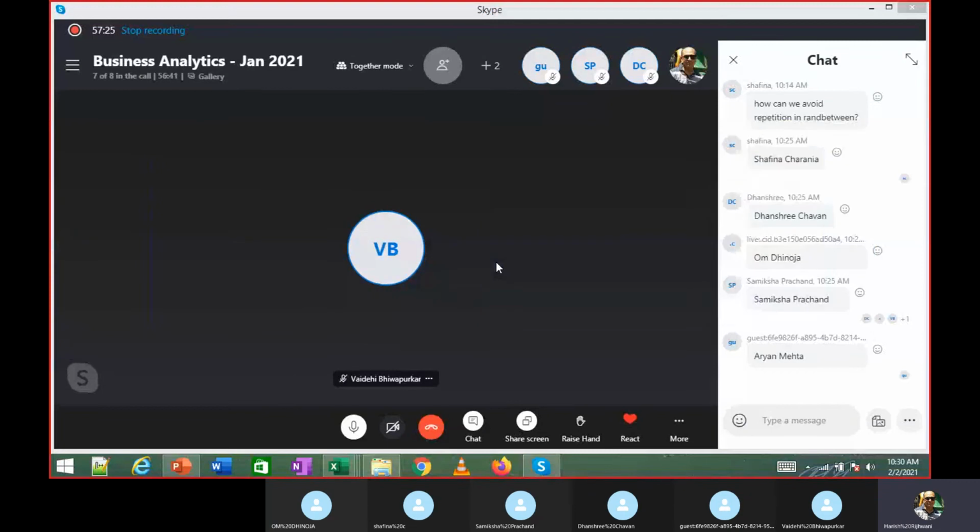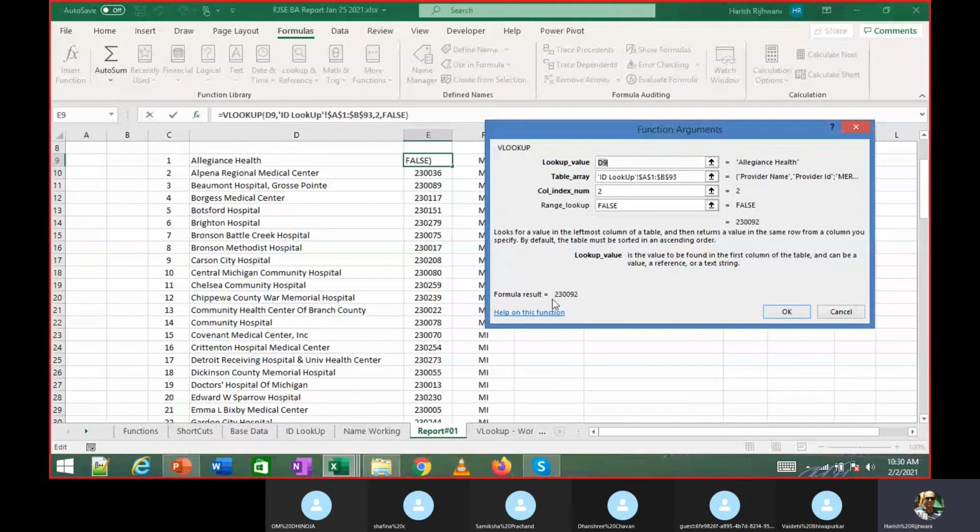Any doubts, folks? You got an idea how VLOOKUP works?